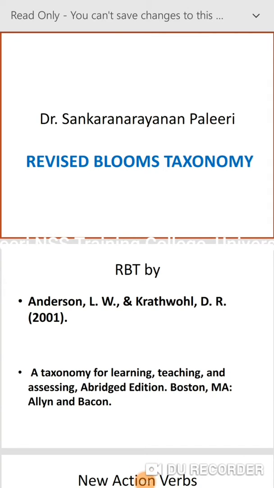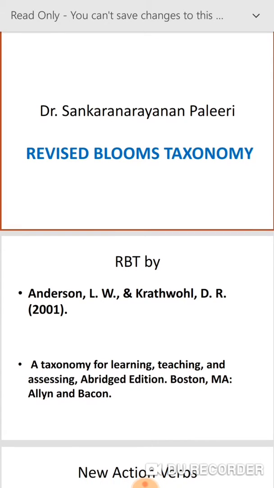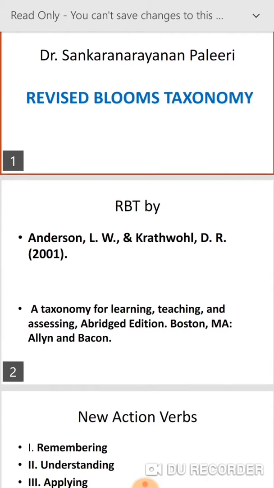This session is on Revised Bloom's Taxonomy. This is an extension of my classroom lesson. I am doing a blended approach for learning more on Revised Bloom's Taxonomy for my students. Revised Bloom's Taxonomy is an extension of